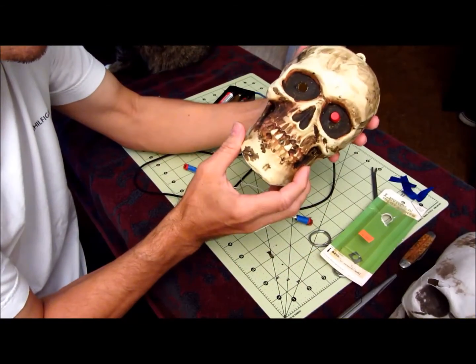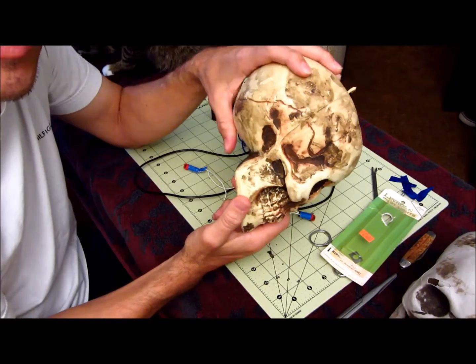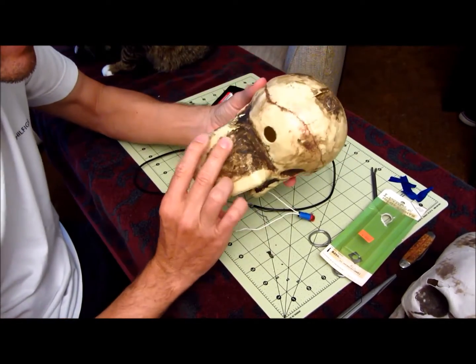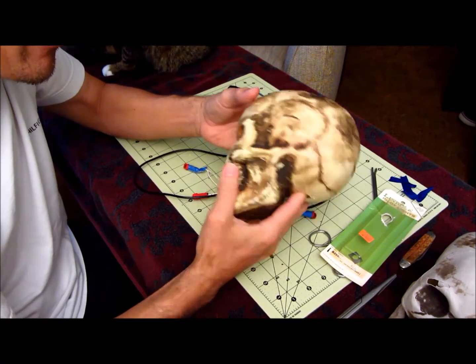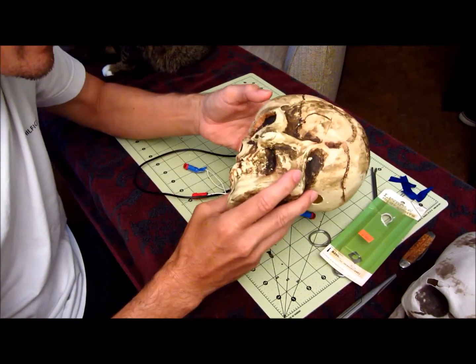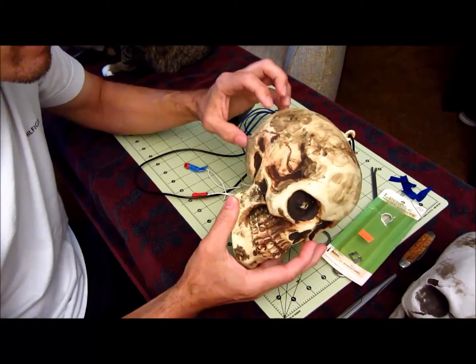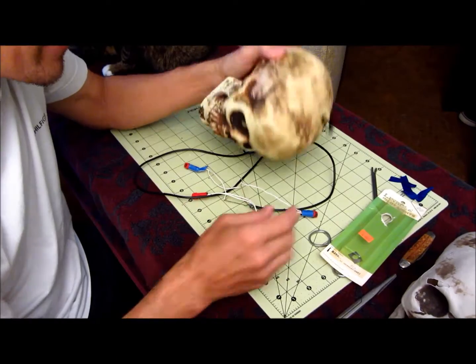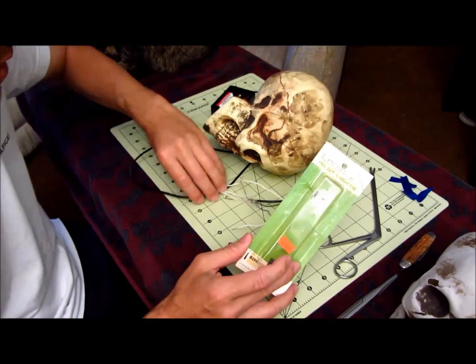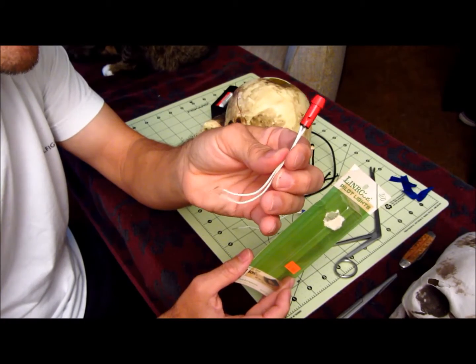So the first thing you need is a plastic skull. A hollow plastic skull works better. You could use styrofoam, but it's just going to be a little bit harder to drill the holes in it. This is just a skull that I got from a Halloween store and painted. Then you're going to need this kind of light, and this is a 6-volt